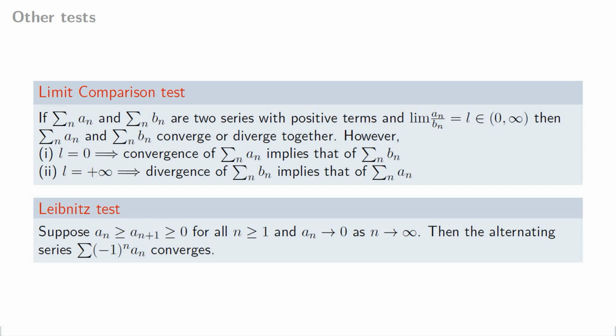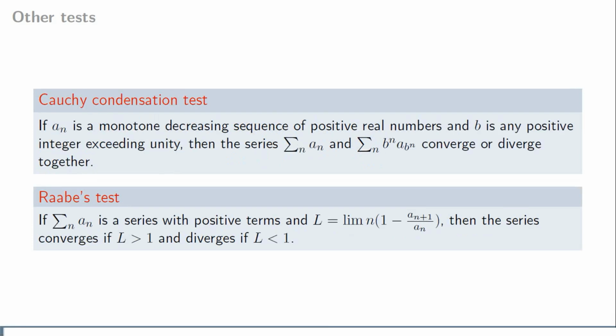Next we quickly discuss the Cauchy condensation test. If a_n is a monotone decreasing sequence of positive real numbers and b is any positive integer exceeding unity, then the series summation a_n and summation b^n a_(b^n) converge or diverge together. Next, our next test is Raabe's test,